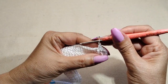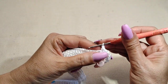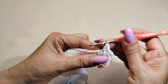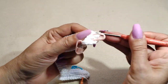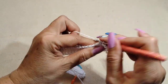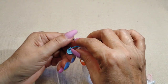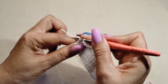So I've done my very first double crochet on top of that first one of the marker. So that would be my very first double crochet of the 48, and now one per stitch again until the mark point. And then I'll meet you at the mark point again, because now it's just one double crochet per stitch. Okay, so reaching on my last one, my 48 double crochet,